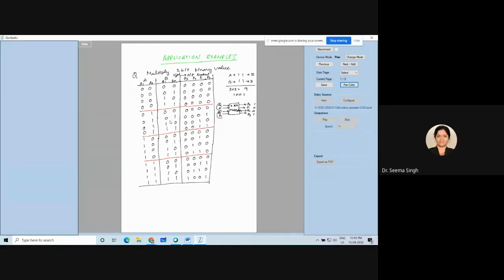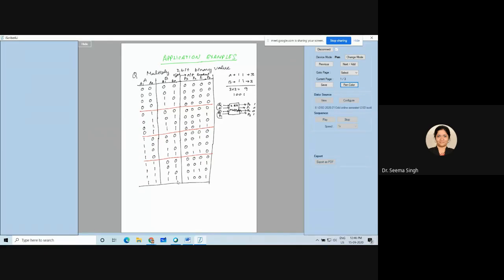So you can see P3 has become 1 only once. But for that P3 to become 1 only once, we need this output variable. Otherwise, your answer for 3 and 3 will not be right. Are you understanding this? Now, you have made your truth table.